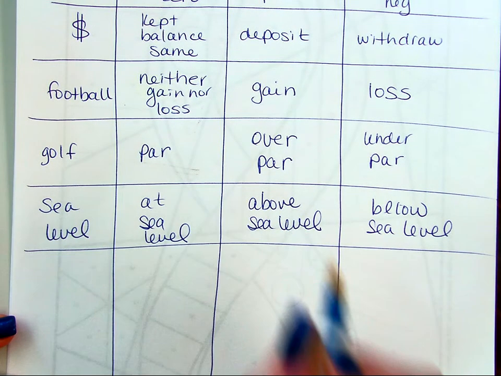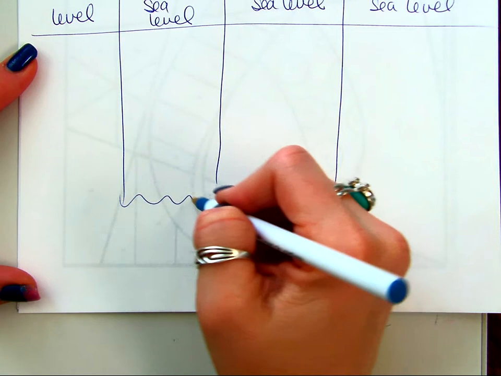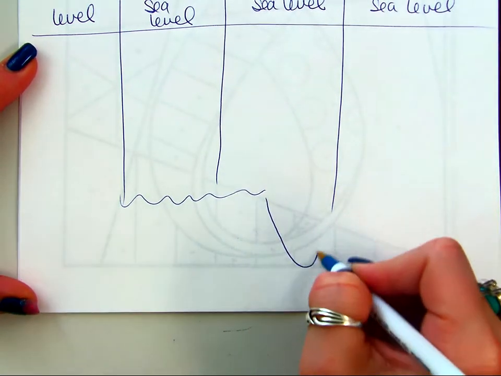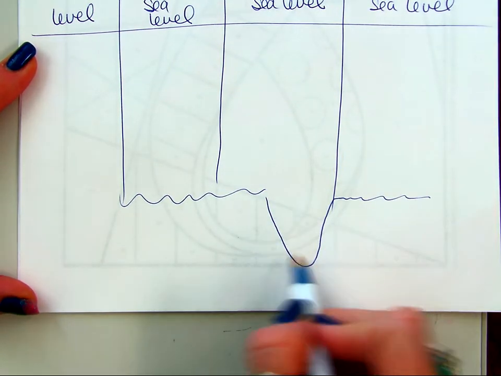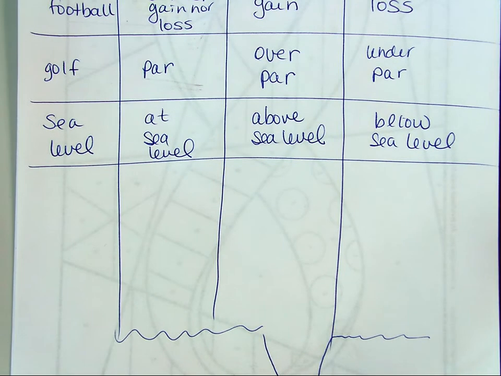Okay? Mountains are way above sea level, right? You know what a valley is? Okay, so let's say here's the sea and then a valley dips, right? So valleys are below sea level, okay? You ever hear of Death Valley? Okay, so we're going to do a little slideshow tomorrow. We're going to talk about how many feet below sea level Death Valley is and stuff like that. And the last one,